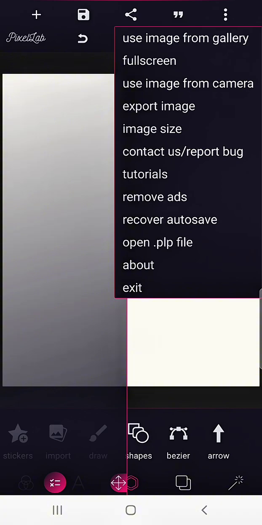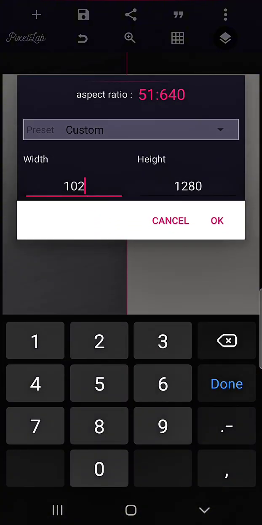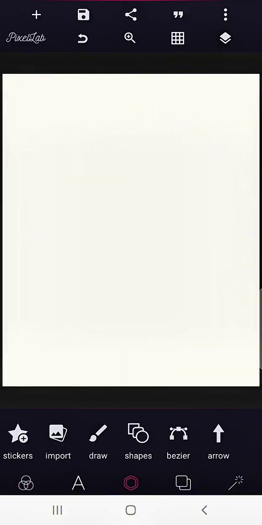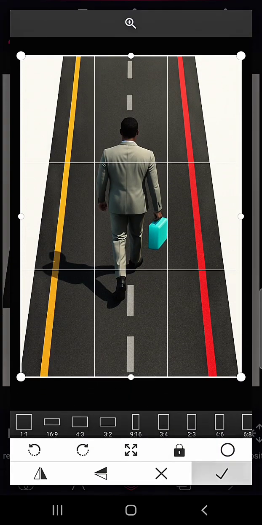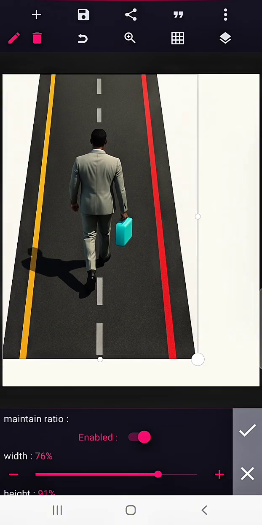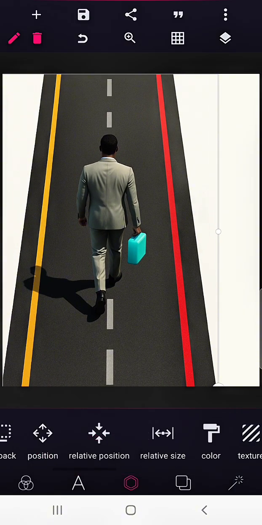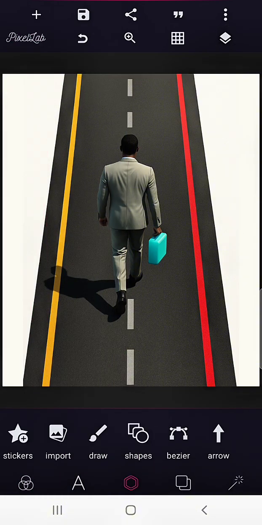The image size I use is 4 by 5. You can just type 4,000 in this place and 5,000 here. It will enter. So it's the same thing. What I did was to actually put the picture first of all. So this is my picture, and I just increase it to the ending, and then I centralized it and I locked it. So the next one is I put my